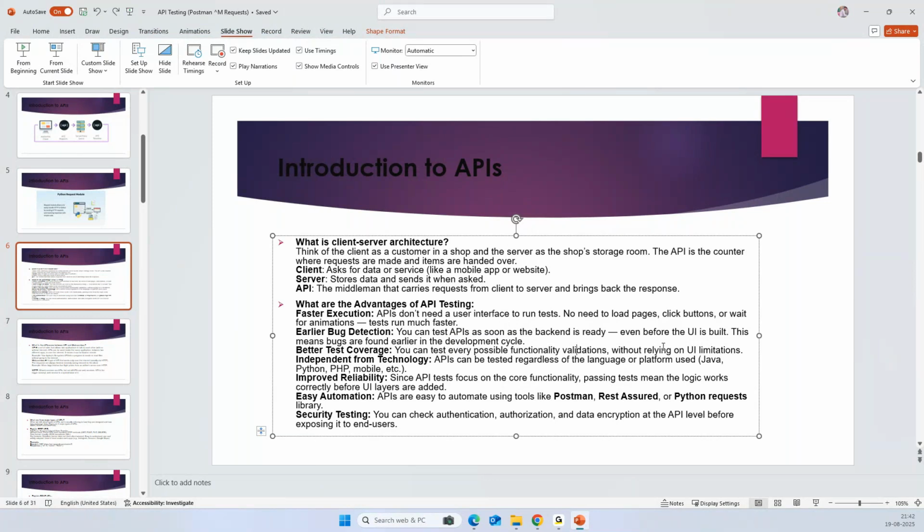But in UI, obviously we all know that UI has some limitations. We cannot test each and everything in UI with the help of automation. But with API automation, we can test each and every functionality. Okay. And the most good part is it is independent from any technologies. Like you don't need to be worried about